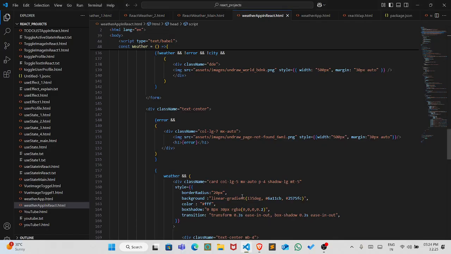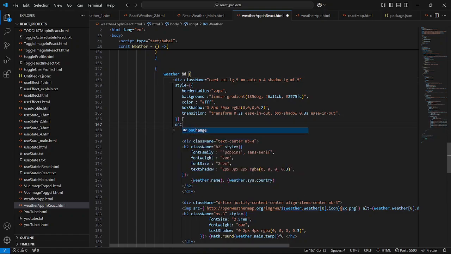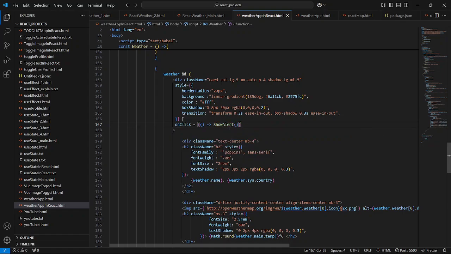So come to the code now. We will define one method on this card only. This is the div, guys. So we'll say here onClick, I'll give the fat arrow function like this, and I'll say here showAlert. And we will pass this weather